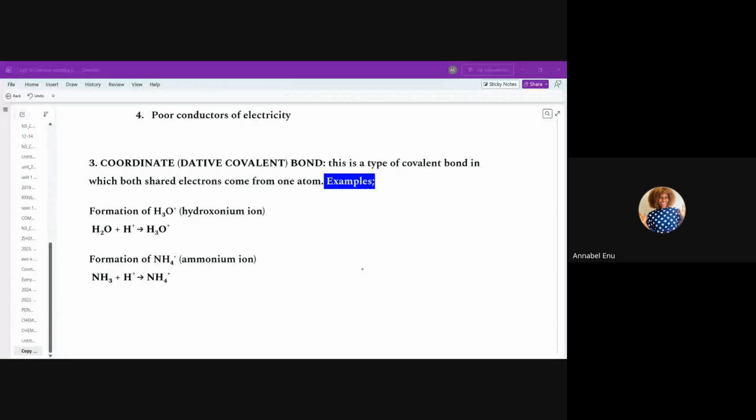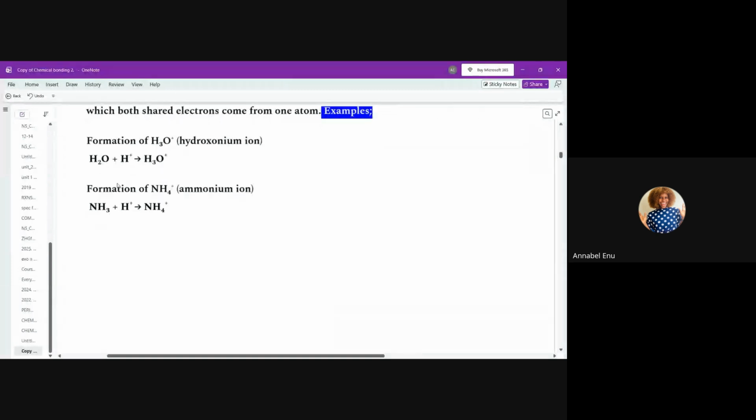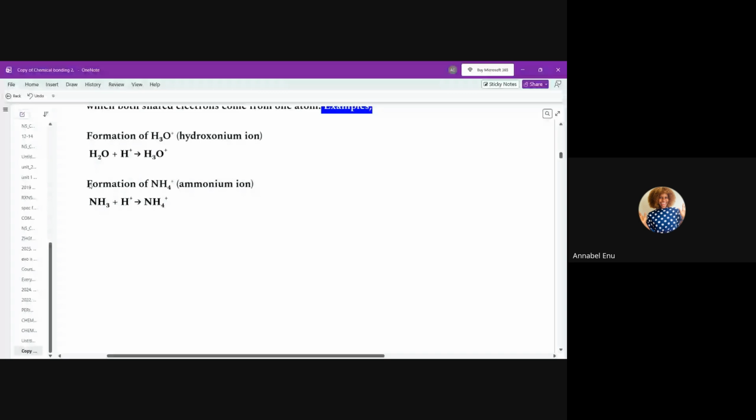Okay, dative bond. Now, we can see from here an example which is formation of